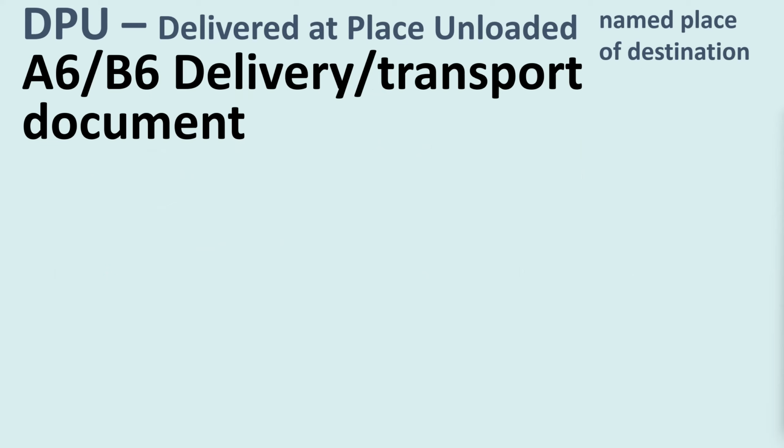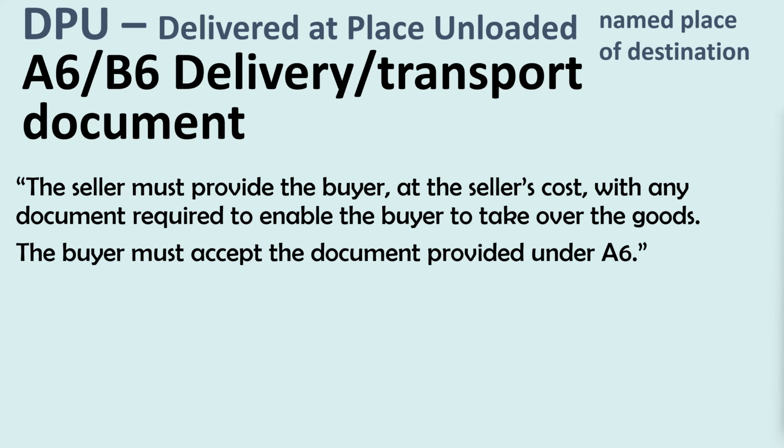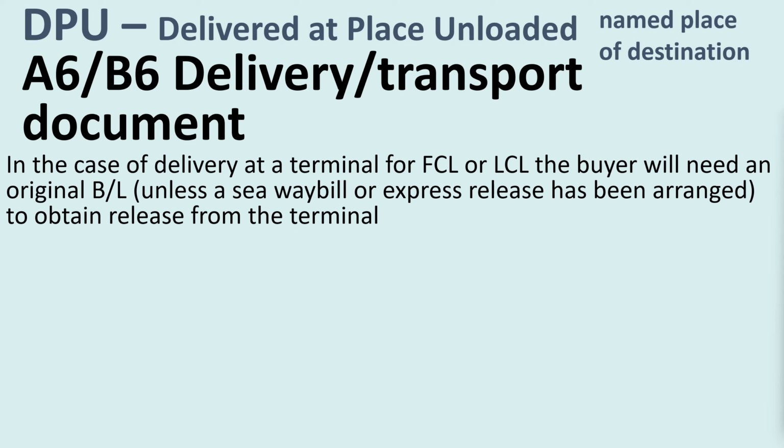A6 and B6, the delivery and transport document. The seller must provide the buyer, at the seller's cost, with any document required to enable the buyer to take over the goods. The buyer must accept the document provided under A6, but really that doesn't tell us very much, does it? In the case of delivery at a terminal for FCL or LCL, such as a container yard or